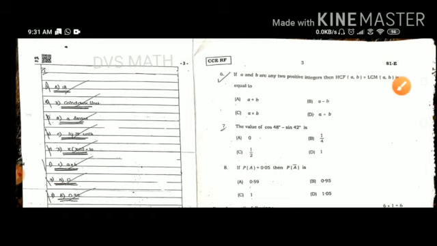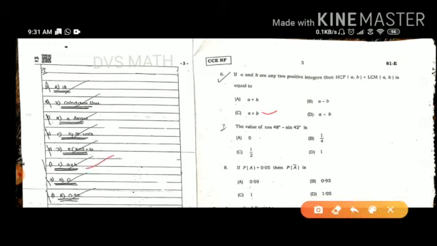So now the remaining question number 6. It is real numbers. As you all know, the relationship between LCM and HCF: LCM of a, b into HCF of a, b is equal to a into b. So option C. And the value of cos 48 minus sin 42. Other than the exact angles like 0, 30, 45, 60, 90, if there are any other angles, it is related to complementary angles. So as you all know, cos 48 minus sin 42, there is a minus sign, so definitely the answer will be 0.